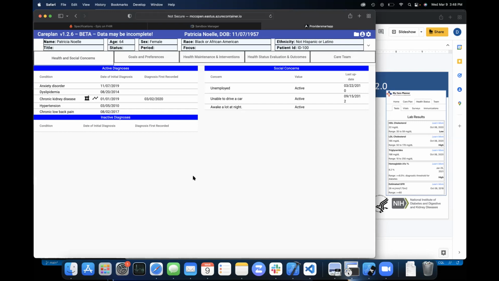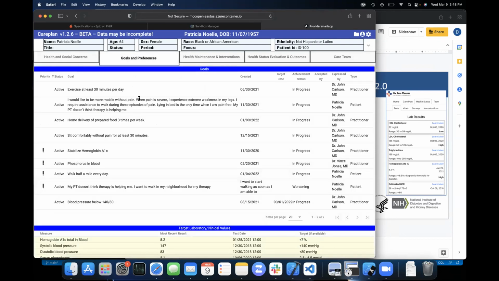So for loading this patient, there are a number of tabs on here. I'm going to go through this very quickly right now, given where we are, because I want to spend a bit more time on the patient and caregiver application, which will be more easily available for a lot of you to explore and test. Tabs here, goals, still getting feedback.